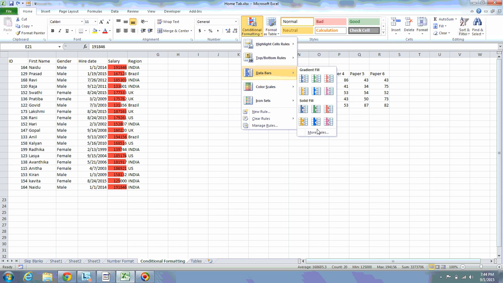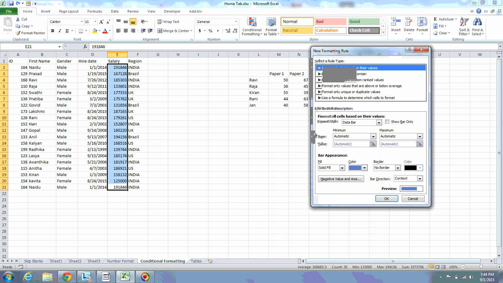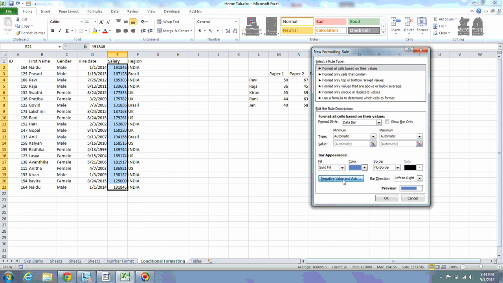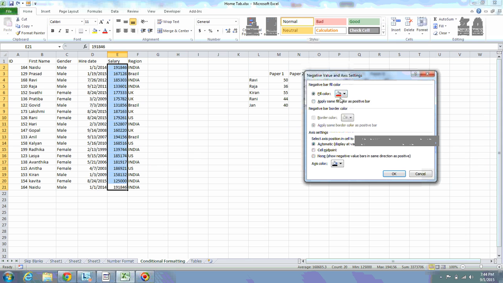Now let us go to more rules. Bar direction. So your bar direction left to right or right to left. You can also select your bar direction, how you want to show your bar direction. If you select right to left, it will show from right side. See here, you can also see your bar direction like this. Preview window you can observe, or left to right you can see like this. See how it is happening. Like this you can also see your bar direction. Negative bar fill